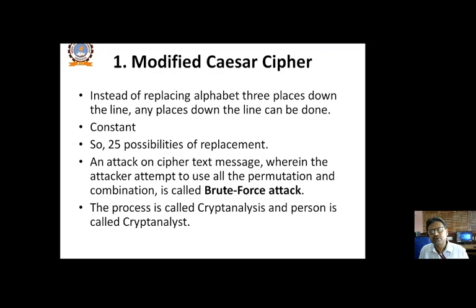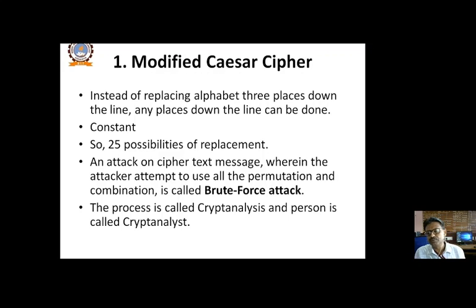So he will try the first possibility, one down the line, then two down the line, three, four, five down the line, and so on. He will be using the trial and error method, all the permutations and combinations. This attempt to find out what replacement has been done during the encoding process is called